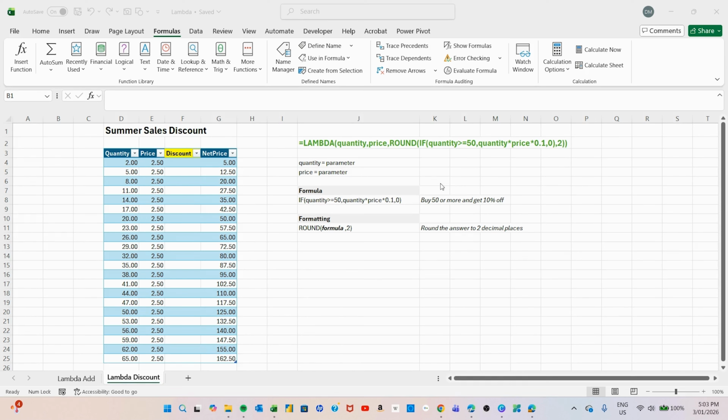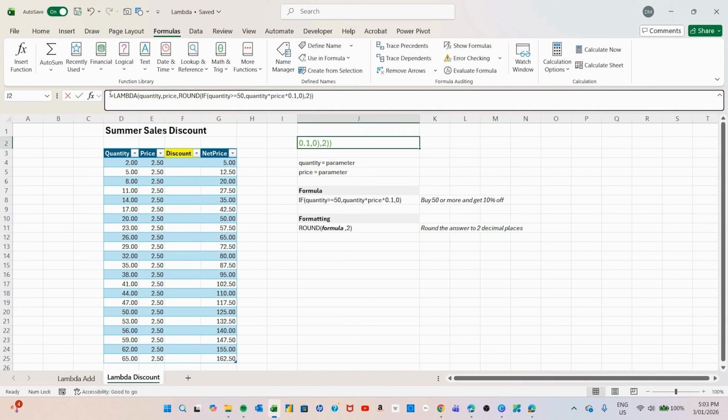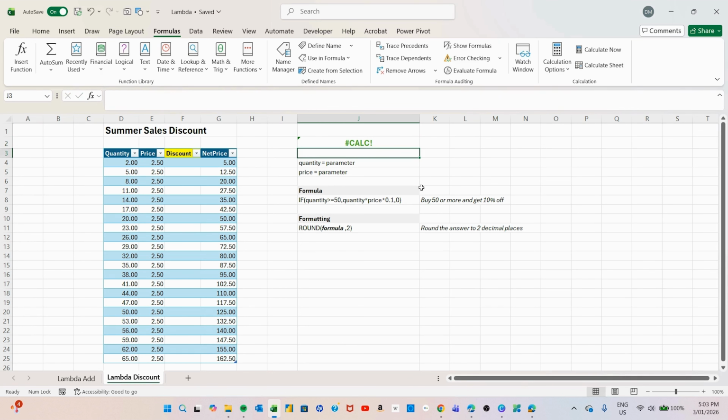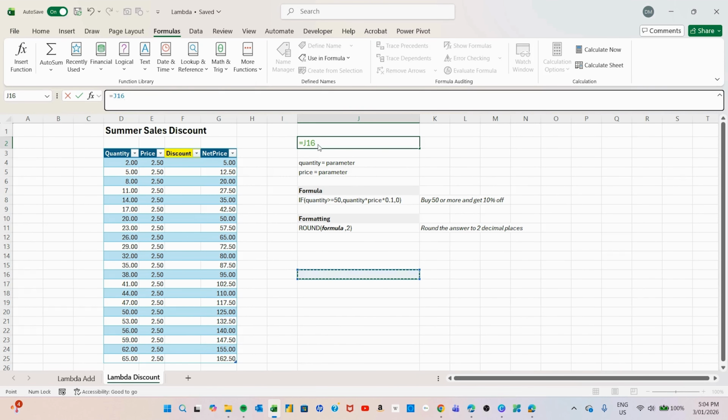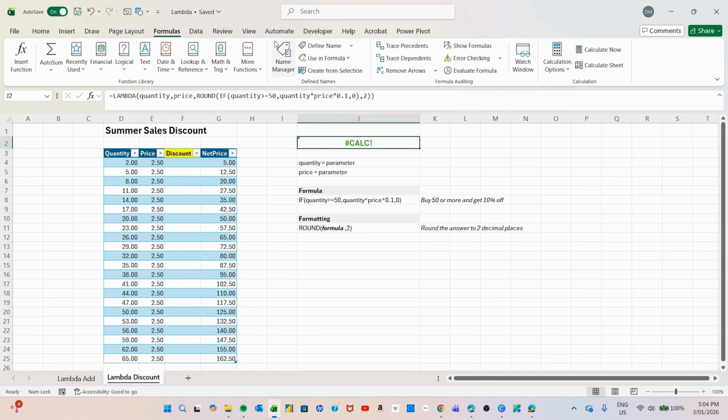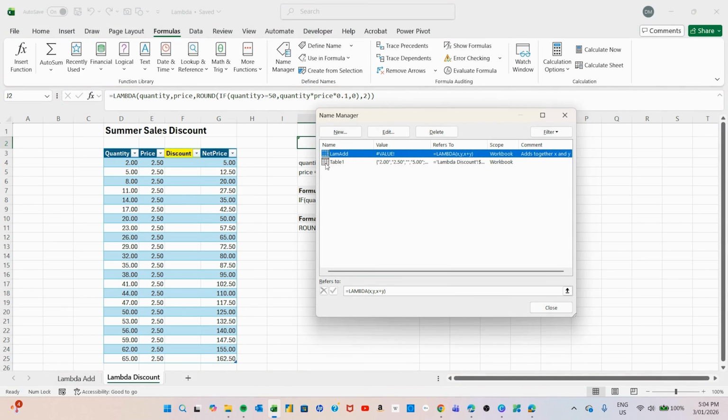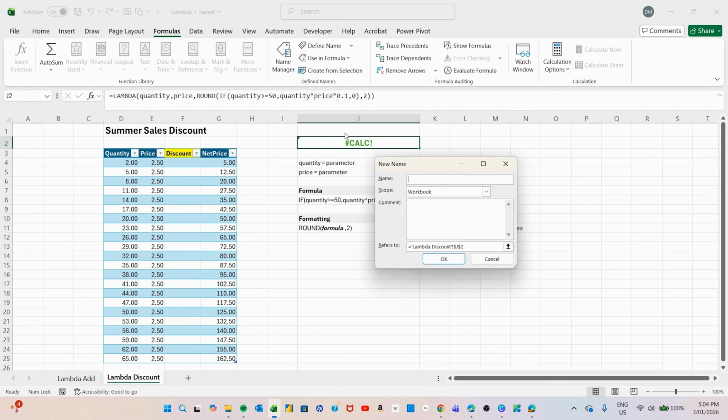So let's have a look at this one in play. So once again, I'm going to remove that little quote mark. And when we hit enter, we get that calc. So that doesn't mean we've made a mistake in this case. And Control C to copy. And let's add that to the Name Manager. So it's a new